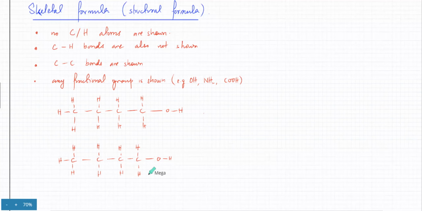Achha, what is not shown? Carbon and hydrogen atoms are not shown. So get rid of the carbon atoms. That's also gone. What is shown? Carbon-carbon bonds are shown. So you're left with, I mean, this is a carbon-carbon bond. This one is a carbon-carbon bond. There was a carbon over here, which I removed. And functional groups are shown. So the OH has to stay there. But the thing is, this molecule looks weird. This is one bond, right? So what we're going to do is make a zigzag line out of these bonds.